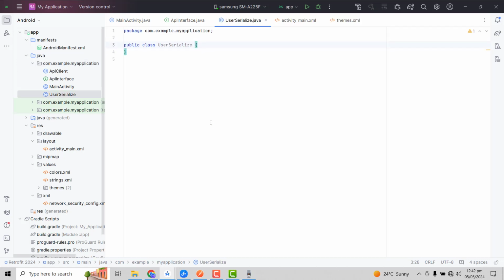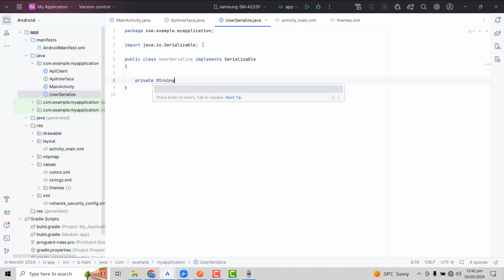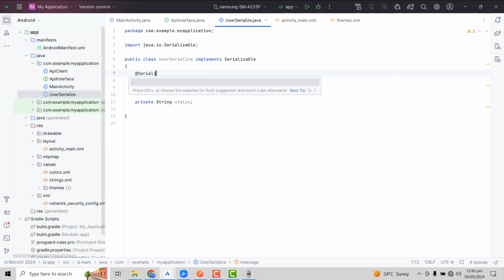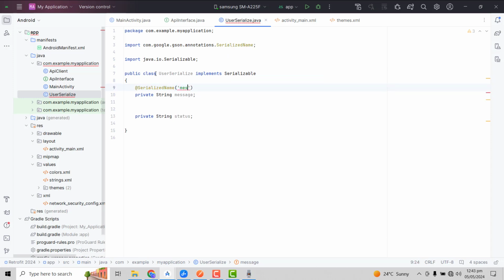user serialize, right? And after you create this public class user serialize, we have to implement it with serializable, and after this we have to use private string, and here we can say message, then we have private string status, right? And for that, here after this we have to use the serialized name, and here we have to serialize the name here like this, and we can say expose,